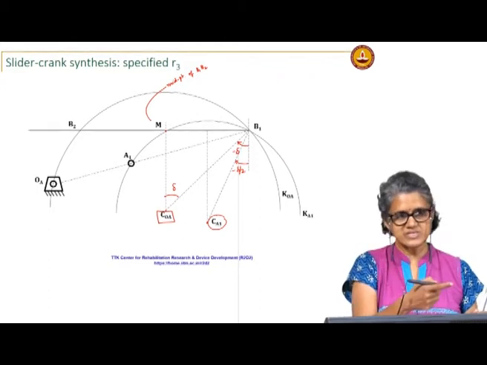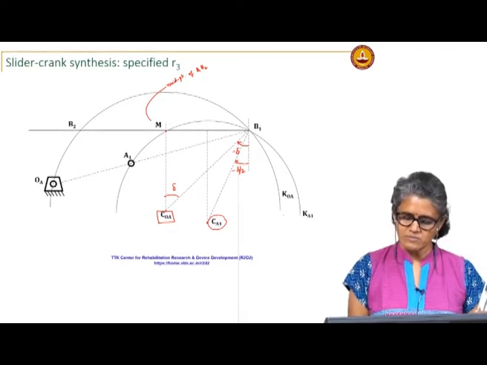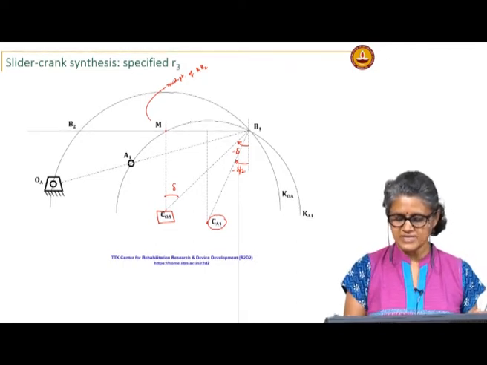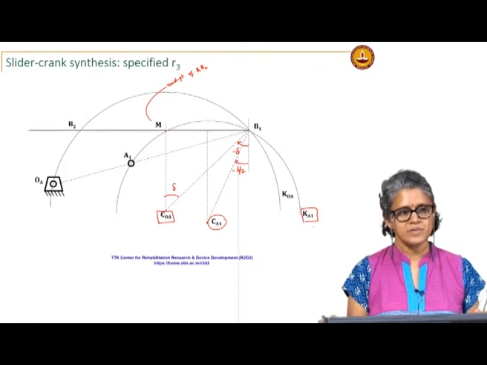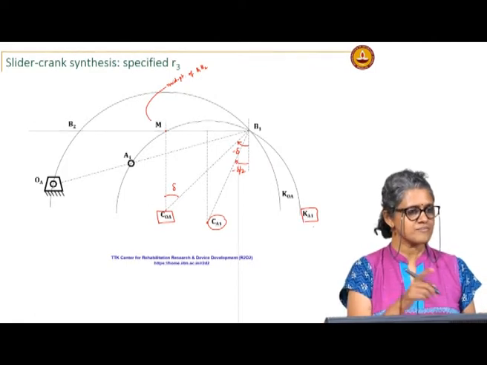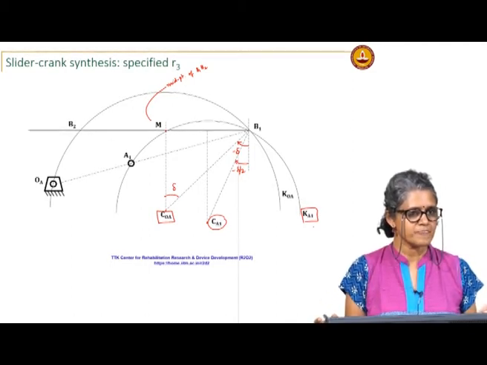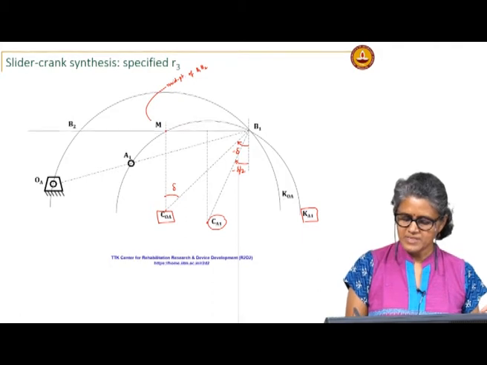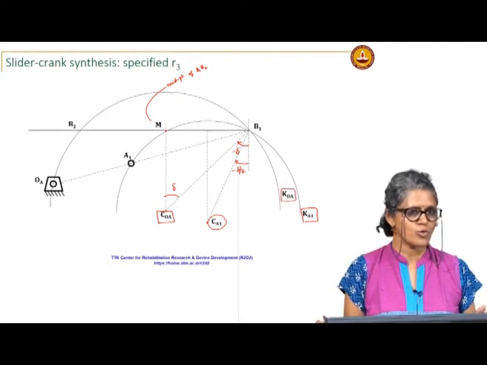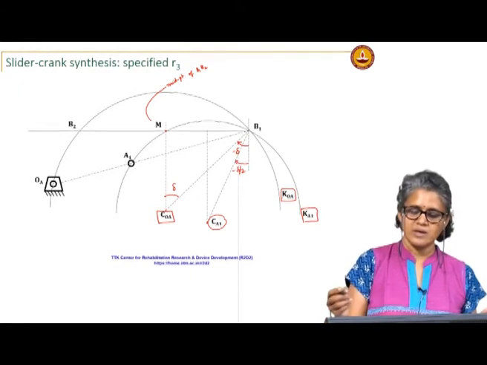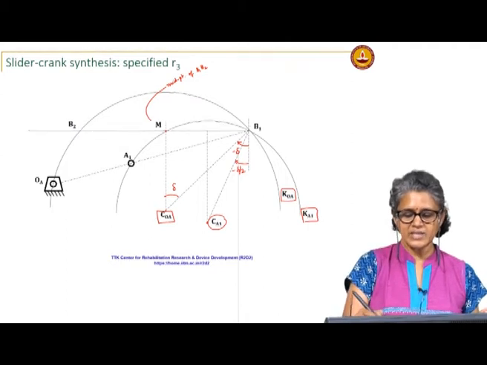This is from the previous slide, the geometry. So, now I draw that circle. This is circle A1, on which the locus of the possible points for A1 lies. This is the circle on which all the possible OAs lie. Okay. So, now once I construct this circle, I know the length R3.